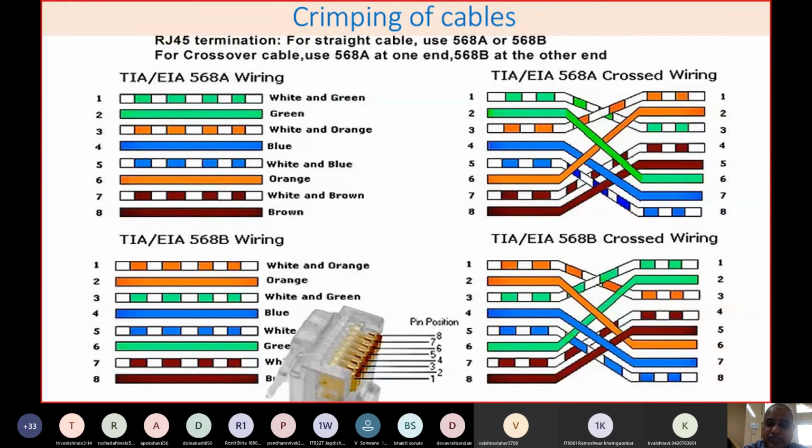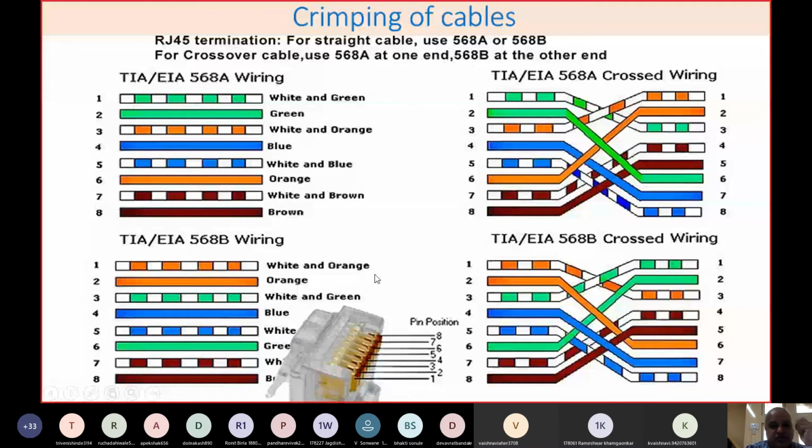Whenever you say 568B standard, what exactly is that standard? This is giving you how you can connect the cables. If you are connecting the cables in this particular order, the first one is white brown, then white green, then blue, then white blue, then green, then again brown and white brown. If these are the cables on one end and the same cables are going to the other end, then that will be called the 568B standard.